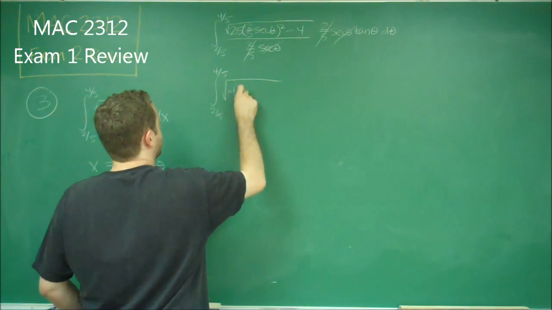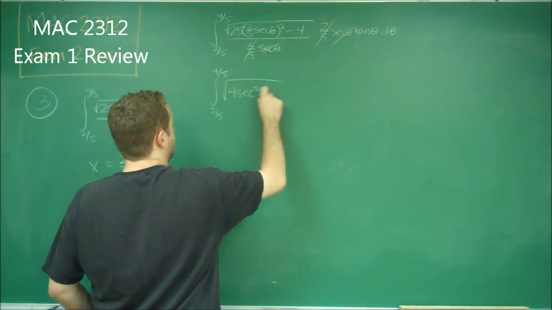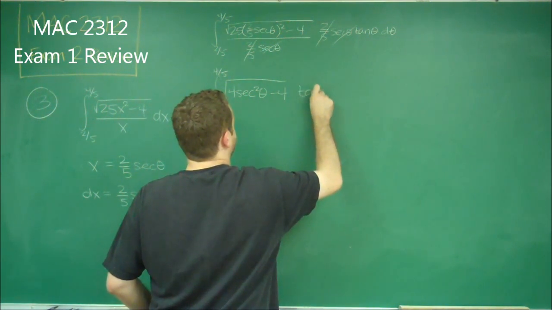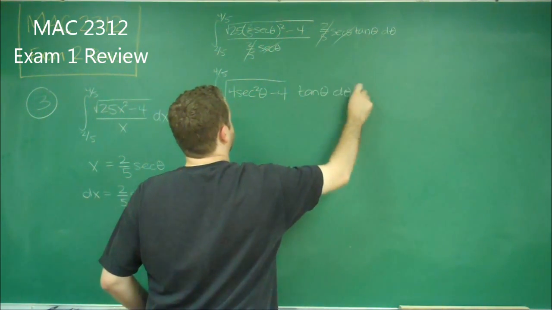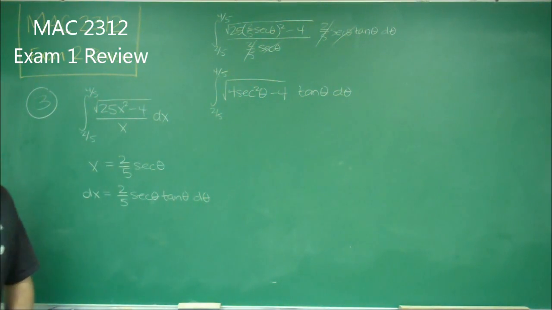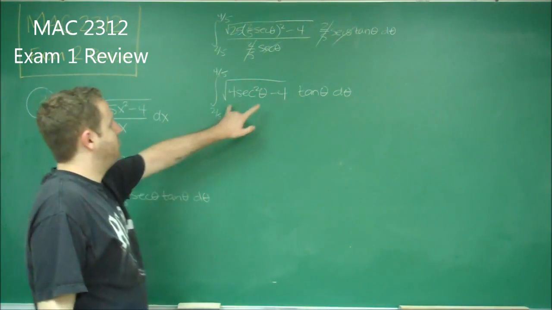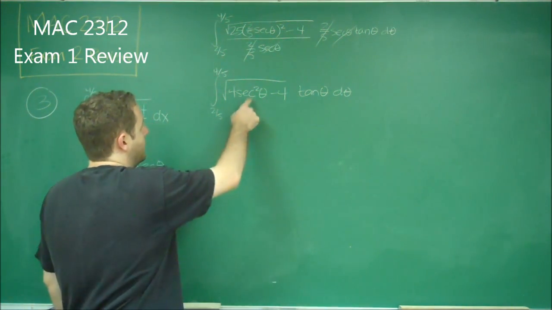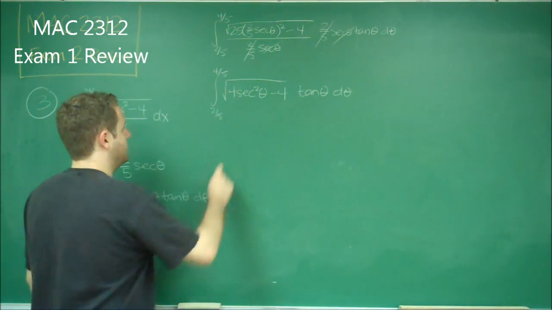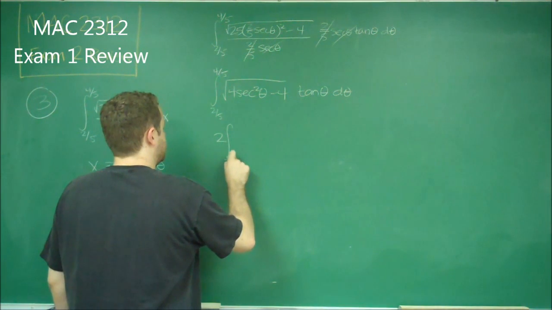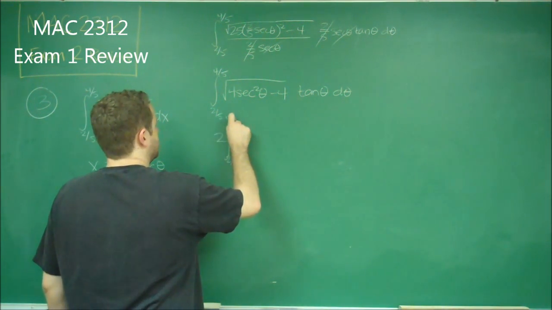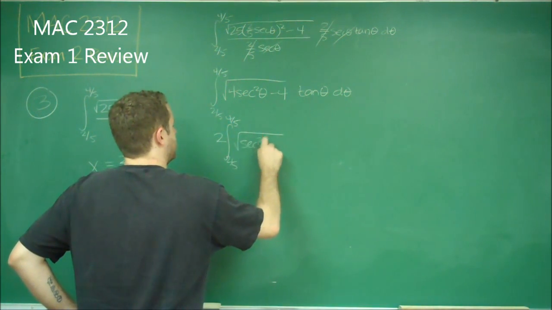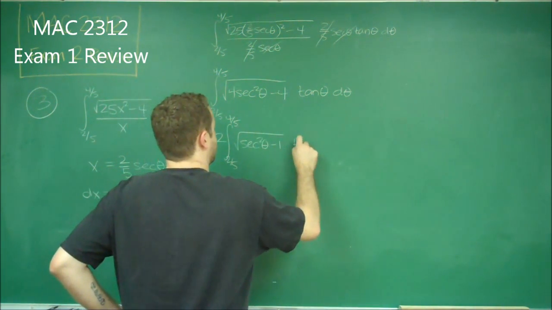So we get 4 secant squared theta minus 4, and we still have a tan theta sitting here outside, d theta. Well, the 4's can be factored out, which would leave a 2. We'll get secant squared minus 1. So I'll write out that step before I go to the end here. We just get square root of secant squared theta minus 1,